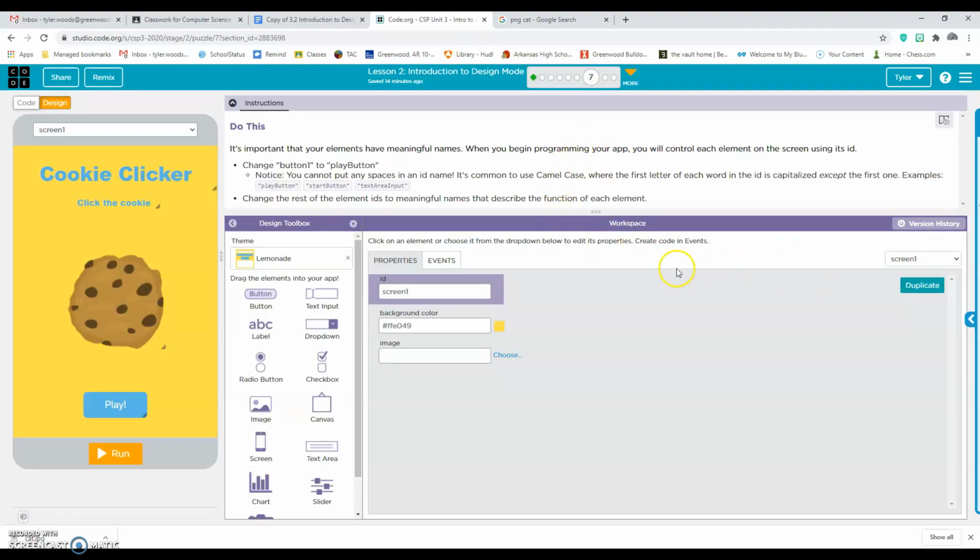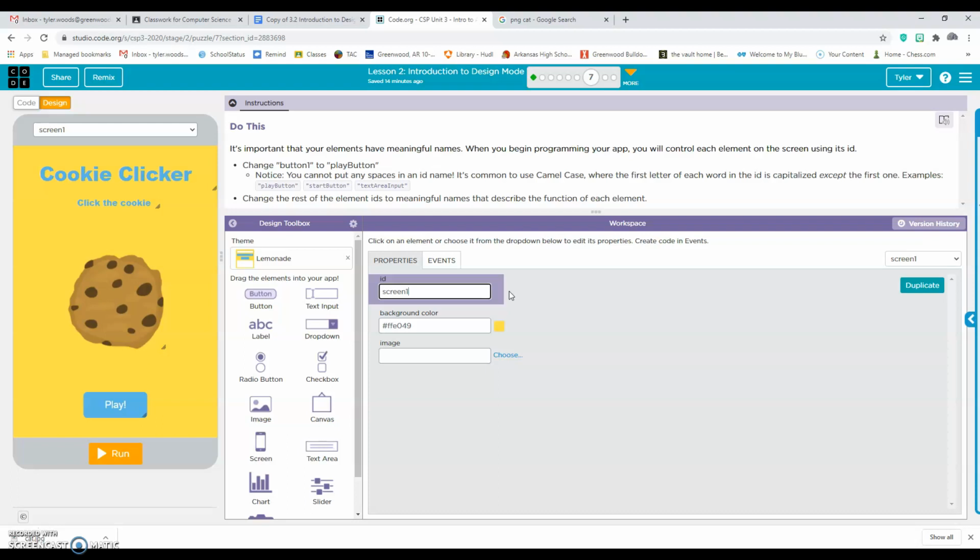We are going to go over here to the right, and this is a list of all the elements or all the components on this user interface. We're going to start with screen 1. And basically for the user to understand, for the coder, excuse me, for the actual person who's doing the